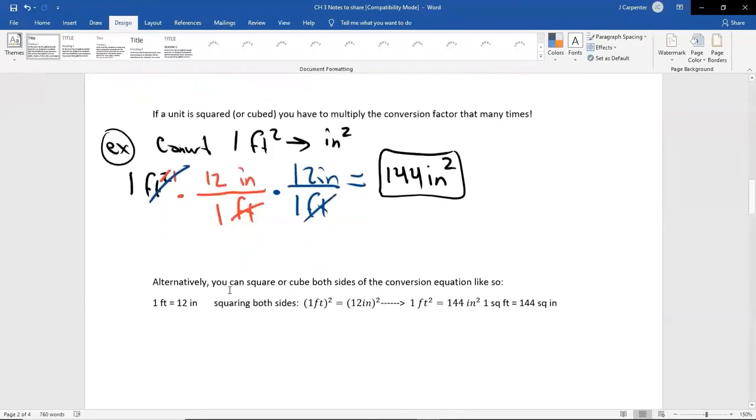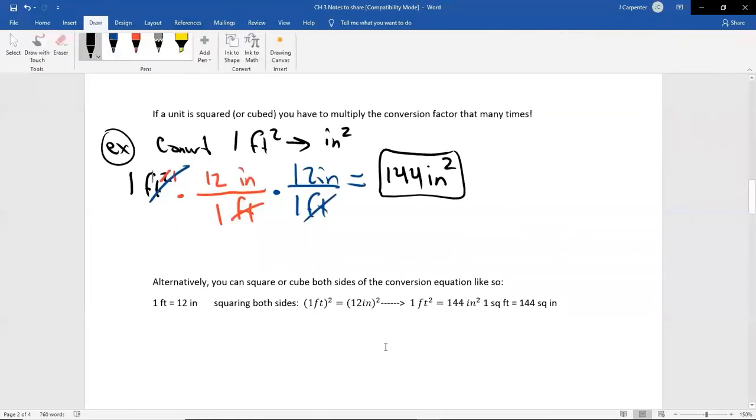All right, so the alternative method is you can square or cube, whichever is relevant to the problem. It might have sounded like I said irrelevant. I should have said relevant. I was just speaking too quickly. Alternatively, you just take the conversion factor and square or cube both sides, in this instance, squaring